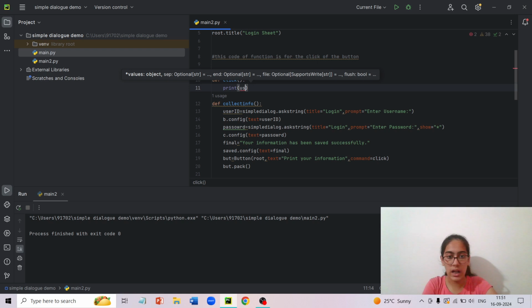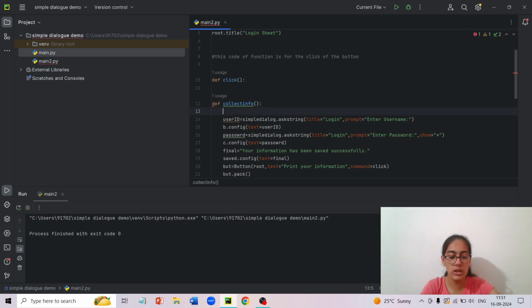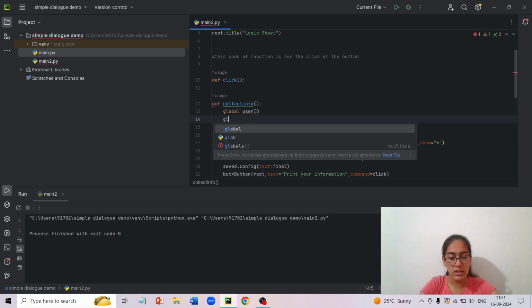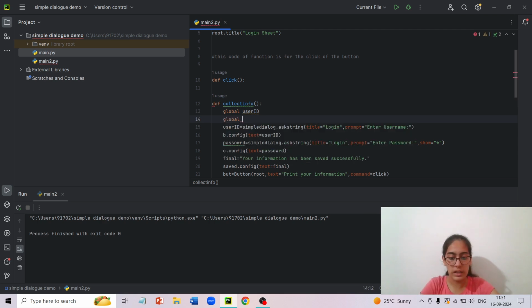I don't think this will happen because we need to print it before we need to call the user ID. So we'll just do it as global user ID and then global password.